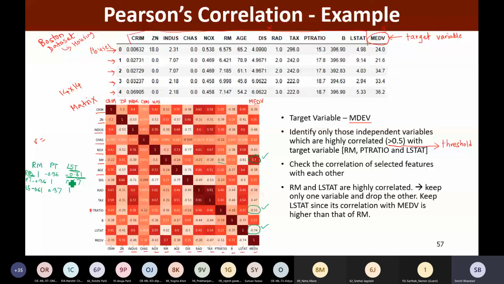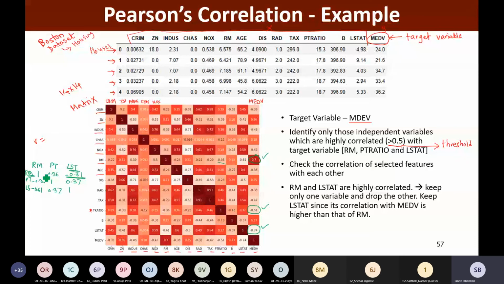RM and LSTAT are highly correlated, right? 0.61 greater than 0.5, right? So what does this mean? This means that these are highly correlated. That means those are contributing in a similar way to find out my target. So there is no need to have both of these.